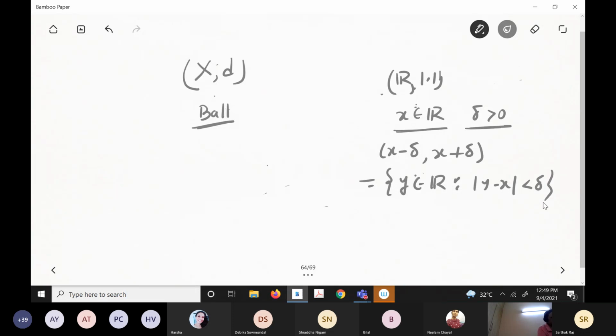Got it? Now, if I do it in a metric space, what will it look like? Of course, I won't use this symbol. But again, now if you do it in R